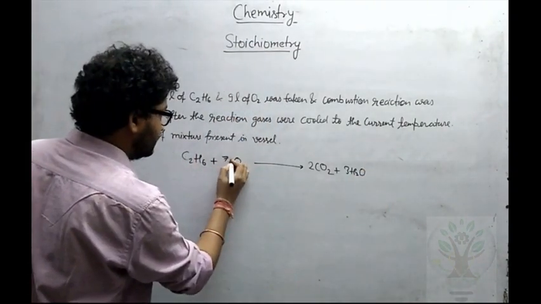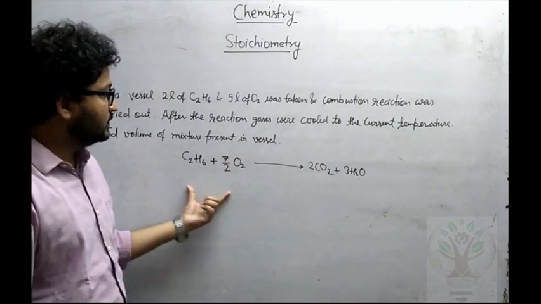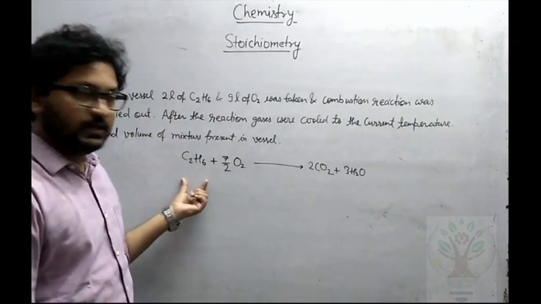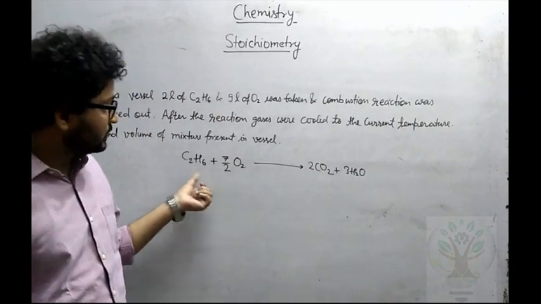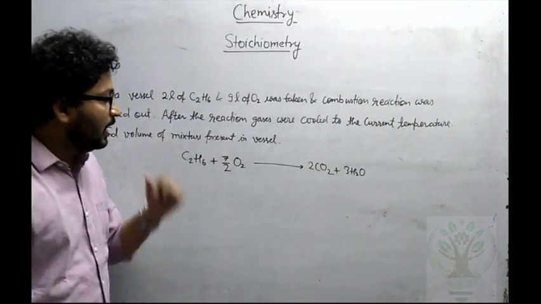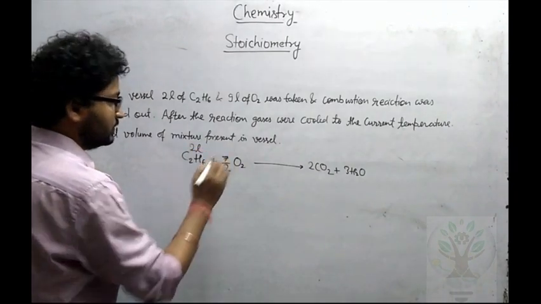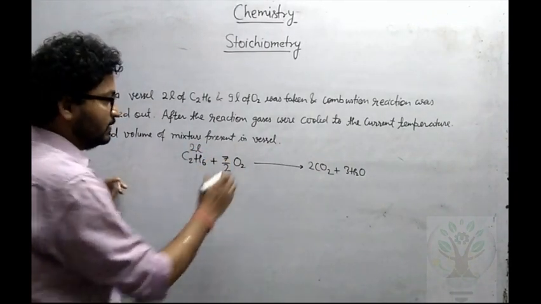And here I will write 7/2 O2. Okay, this is the combustion reaction of C2H6: C2H6 plus 7/2 O2 gives 2CO2 and 3H2O. Now, very good. Now, they are saying if we have 2 liters of C2H6 here, and